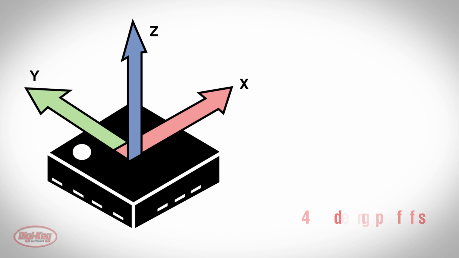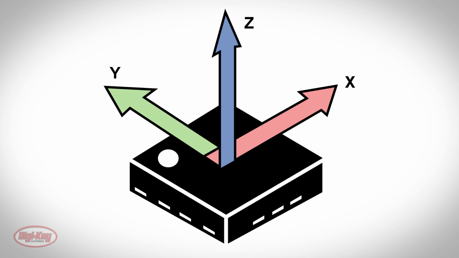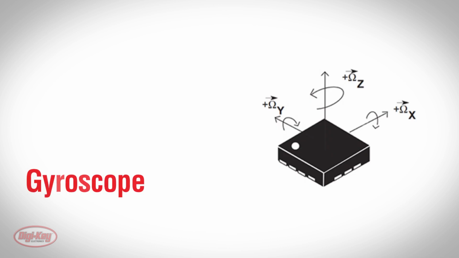Units for acceleration are meters per second squared and are oftentimes expressed in terms of gravitational acceleration, or g, where 9.81 meters per second squared is equal to 1 g. Therefore, an accelerometer at rest on a table experiences 1 g in the z direction and 0 g's in the x and y directions. A gyroscope is a device used to measure the rate of rotation of an object around